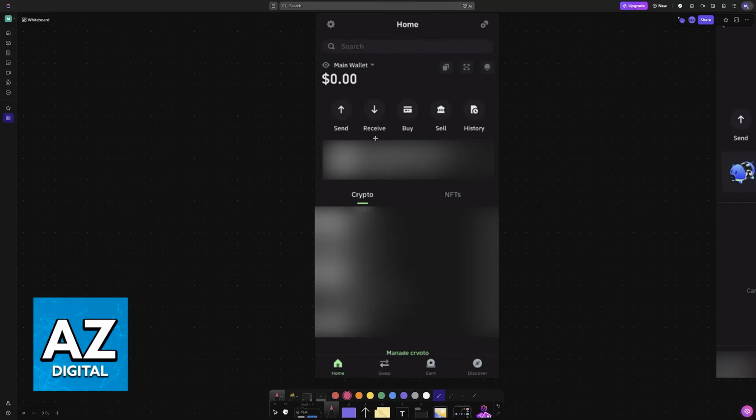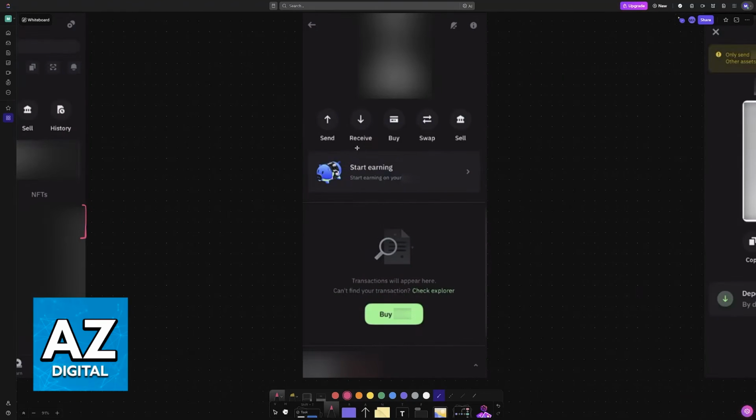This is what I recommend, and in here you can tap the receive option or tap on a specific crypto asset that you see on this list here. So either use the receive option at the middle of the screen here on the home page or select a crypto asset from the list. You will also find the receive option when you tap it.